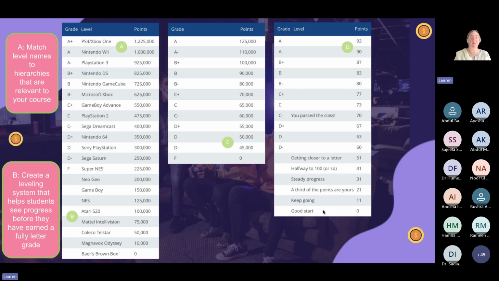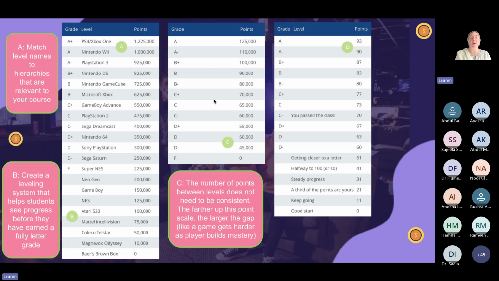I'm not much of a gamer, so this is a bit easier for me as a non-gamer to understand, right? You have this many points, you're at the keep going level. You have this many points, you're at a third of the points are yours level. You're at this point, you're at steady progress. Here you're about halfway, getting closer, and over here you pass the class. So students can feel a sense of progression as they gain points even before they get to these letter grades.